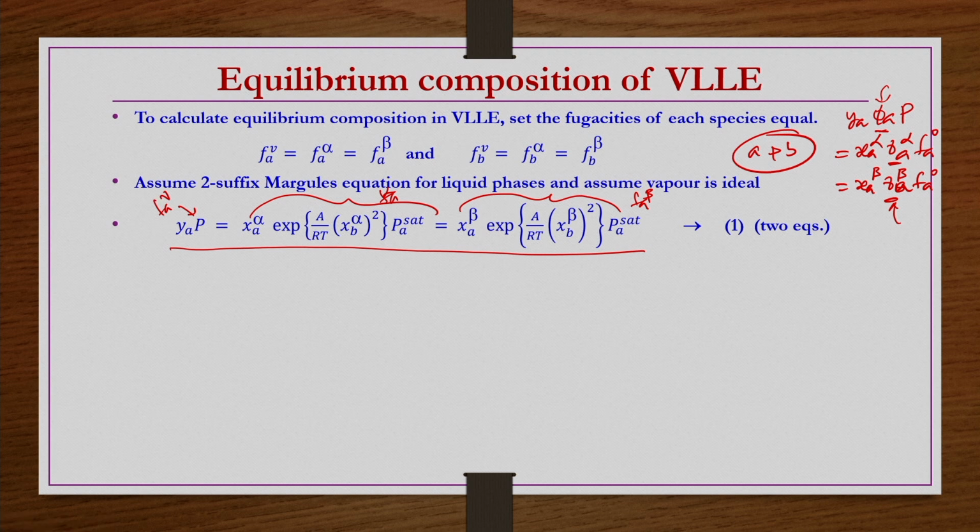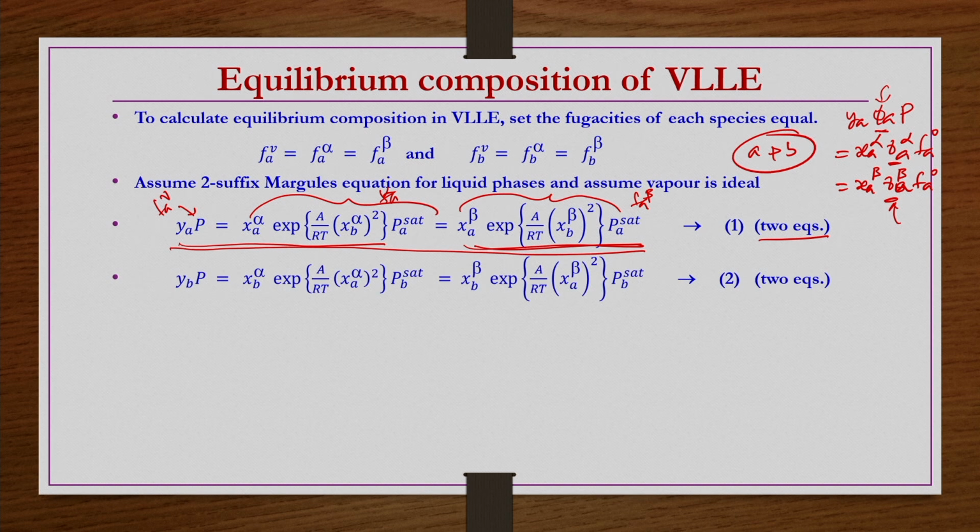There are two independent equations: the first term equal to the middle term is one independent equation, and the first term equal to the third term is the other independent relation. Or you can take the second and third terms being equal as an independent equation. If two are independent, the third one cannot be taken as independent. So two equations are there. Similarly, for component B, if you write, you have two equations like this. So there are four equations, and in addition to that, the summation of mole fractions of all the components should be equal to one in each phase.